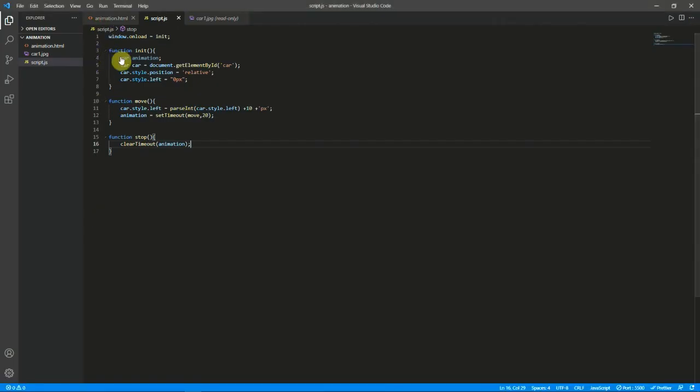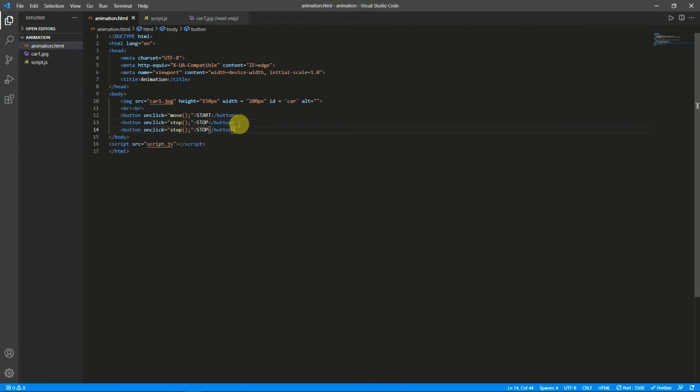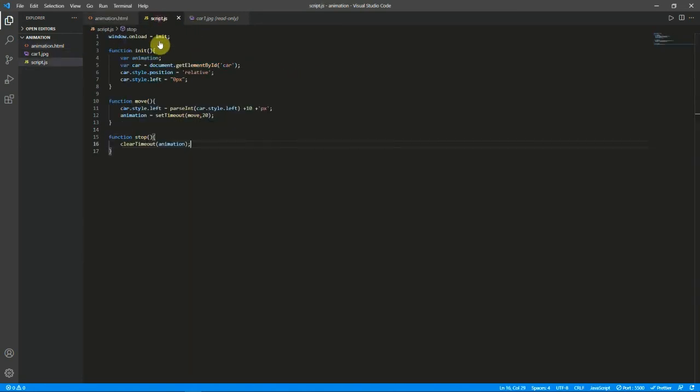So let me take back to it. So we will need another reset button. So we will add another reset button. I will tell it reset. Again we have to copy the same function, and then I will just change the car style left equal to 0. Okay, so we are just changing this. Maybe it would have gone further, so we will just change it to 0, and when we will stop the timeout. Okay, so we will see what's happening here.